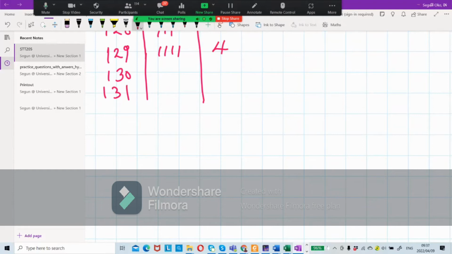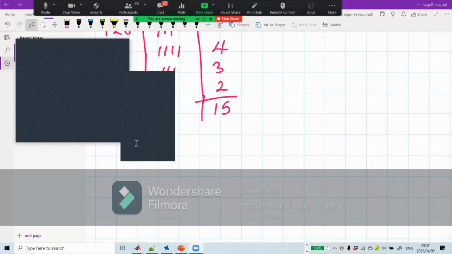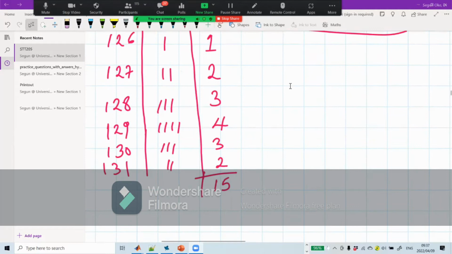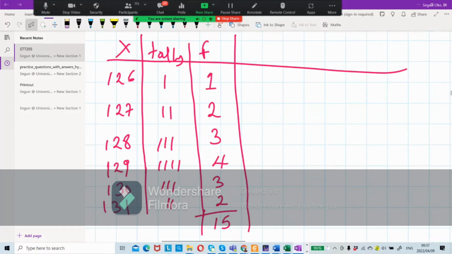How many 130? 3. How many 131? 2. In total is what? 15. Now, in this case, we have a formula called